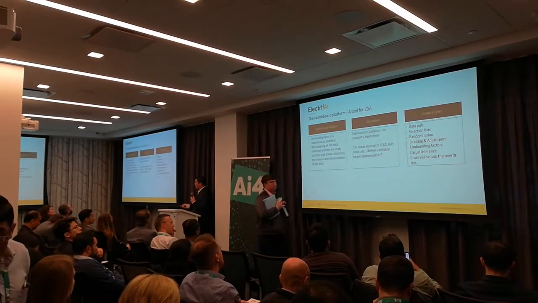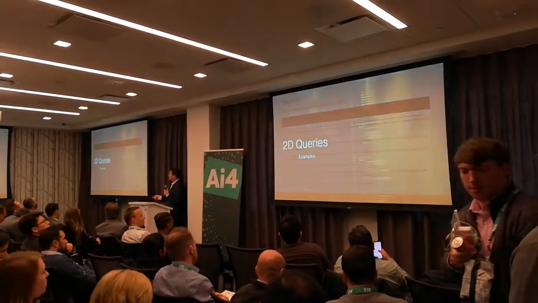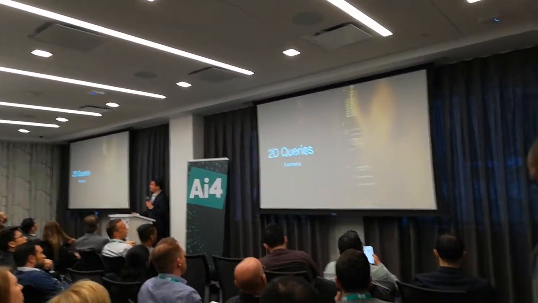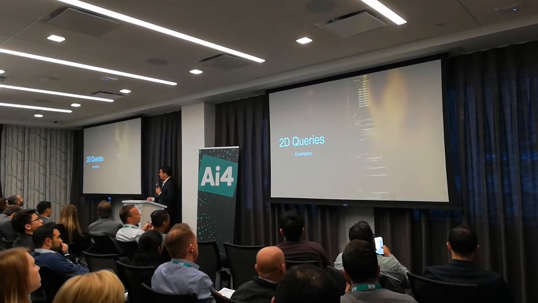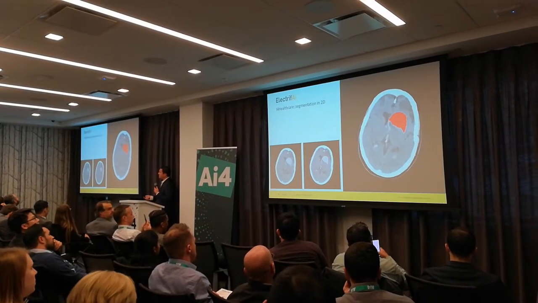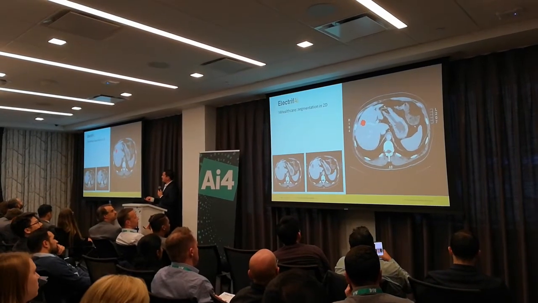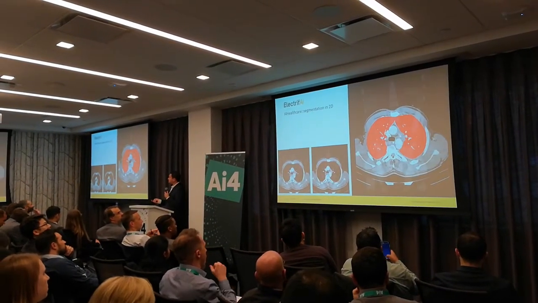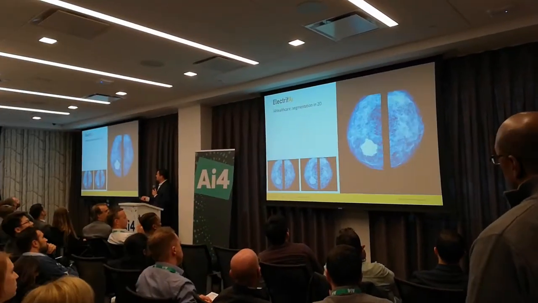So I'm not going to go through all these. It's just a lengthy slide. So skip this one. And I just wanted to show you a couple of these 2D queries and the examples of this type of segmentation in different domains, different types of medical imaging and different types of anatomical features. This is an example of brain aneurysms, the liver tumor we've seen before, the lung segmentation, kidney stones, breast tumors,